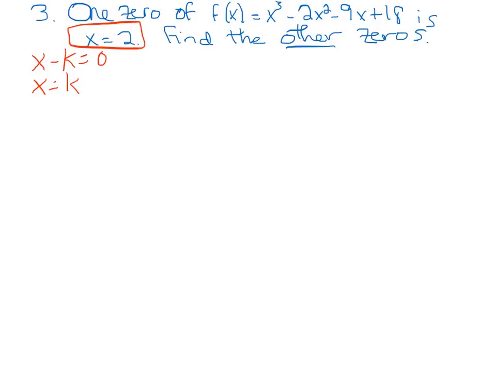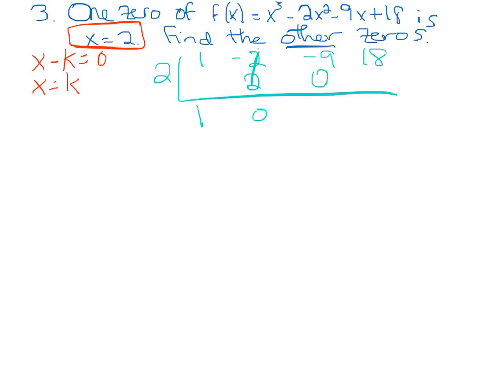That's what we're going to use when we do our synthetic division. So if we use 2 on the outside, we're going to have 1, negative 2, negative 9, 18. What do you think is going to happen when we do this if 2 is a 0? Well, let's see. If I bring down my 1, I multiply, we get 2. Oh, those cancel out. I get 0. So 2 times 0, we get 0. A negative 9, we multiply, we get negative 18. Negative 18 and a positive 18 is 0. So here's our remainder,